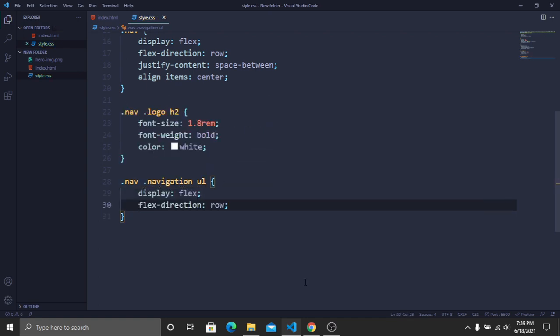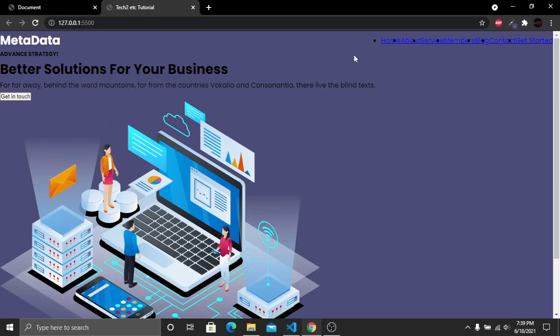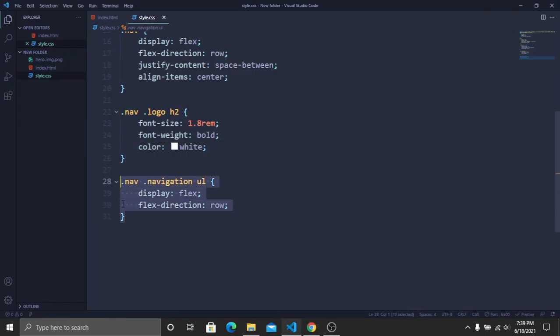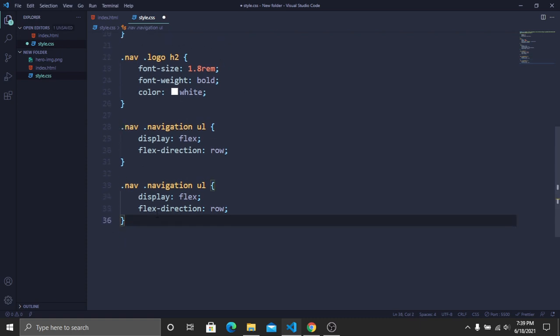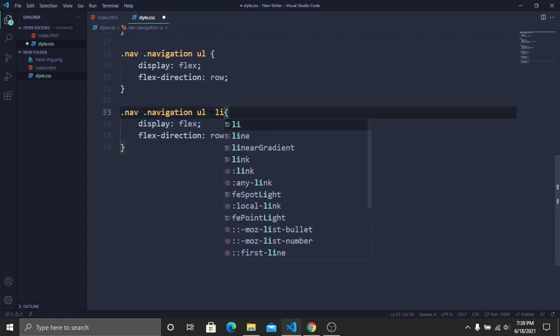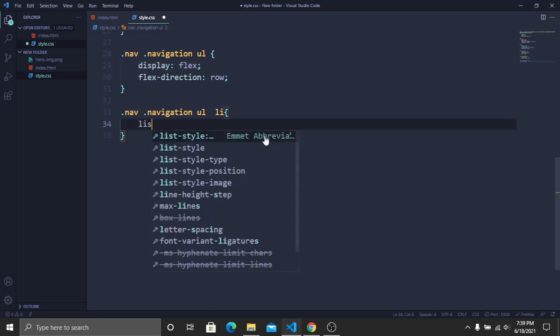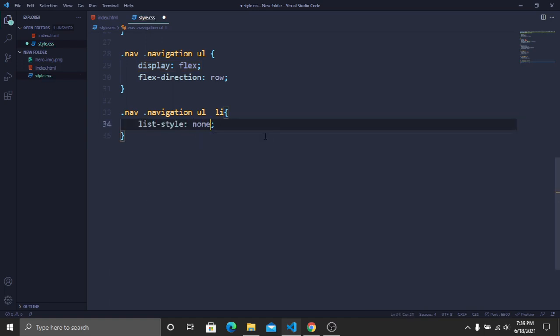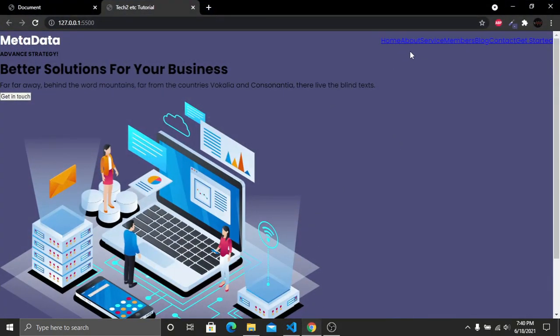Now save and go to our website, and here you can see that our navigation links are now in one row. Now we have to remove the bullet points from here. So for removing these bullet points, just copy this section from here and then paste it here. Then we have to target our list tag. That's it. And here we have to add list-style: none. That's it. Now save and go to our website, and here you can see that we don't have any bullet